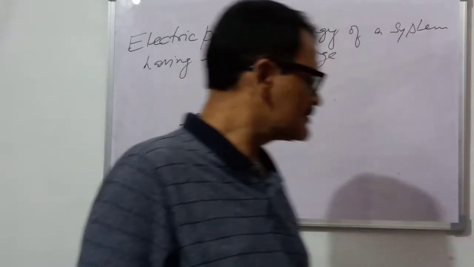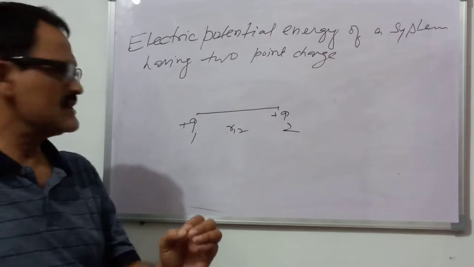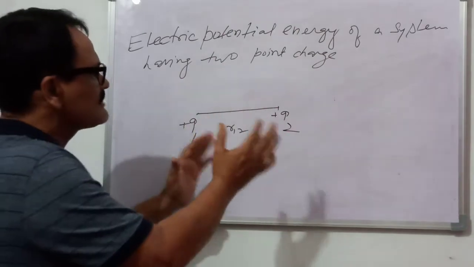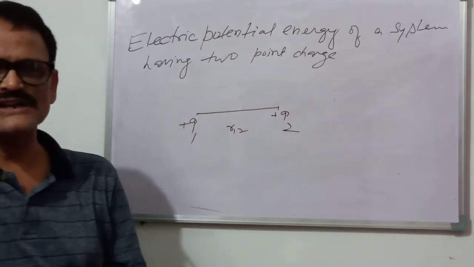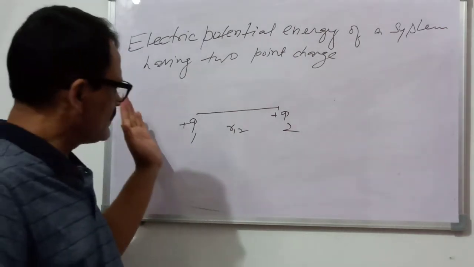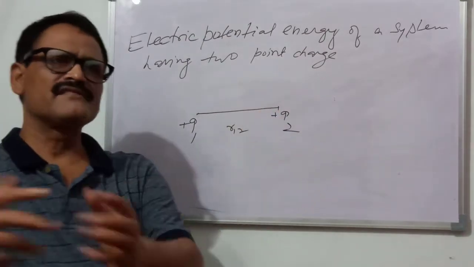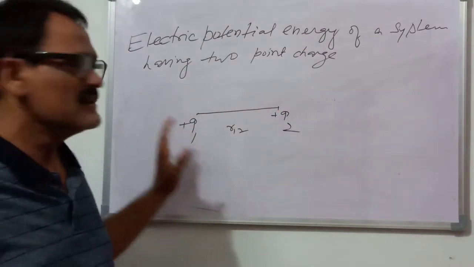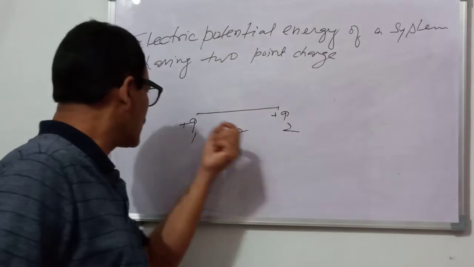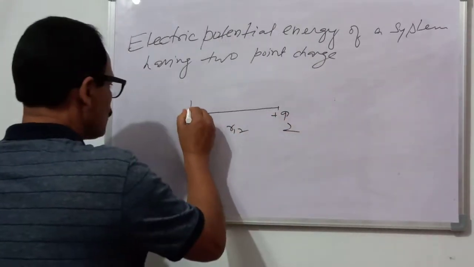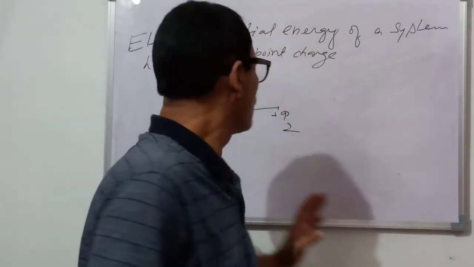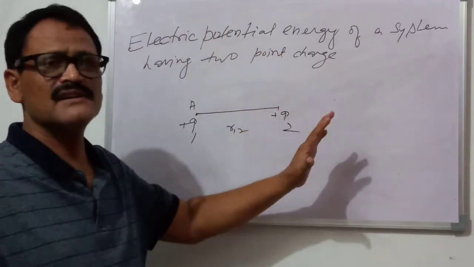Now suppose I have two charges, one is Q1 and another is Q2, and I am going to form this system. Since Q1 and Q2 are separate, suppose they are at infinity, where they have no influence, so there is no electric field there. Without any electric field, if we bring the Q1 charge and place it at point A, it does not require any work, because no force is acting on this Q1, as there is no electric field in the space at present.